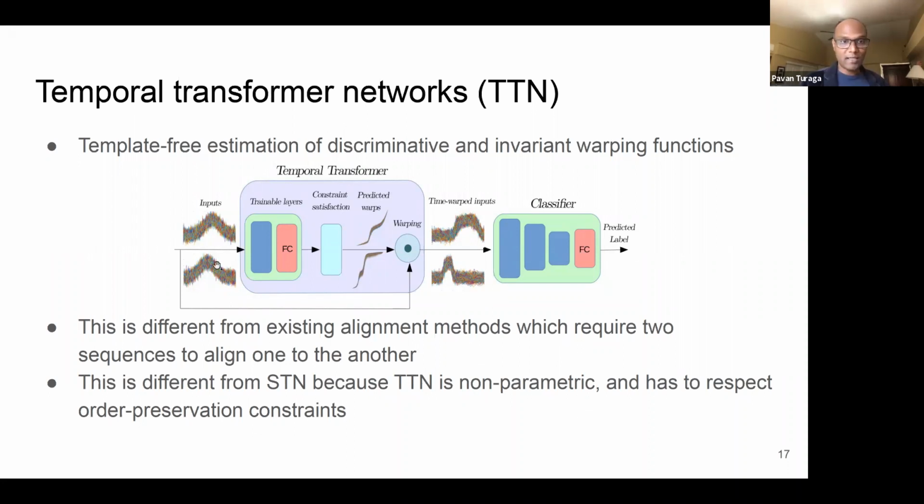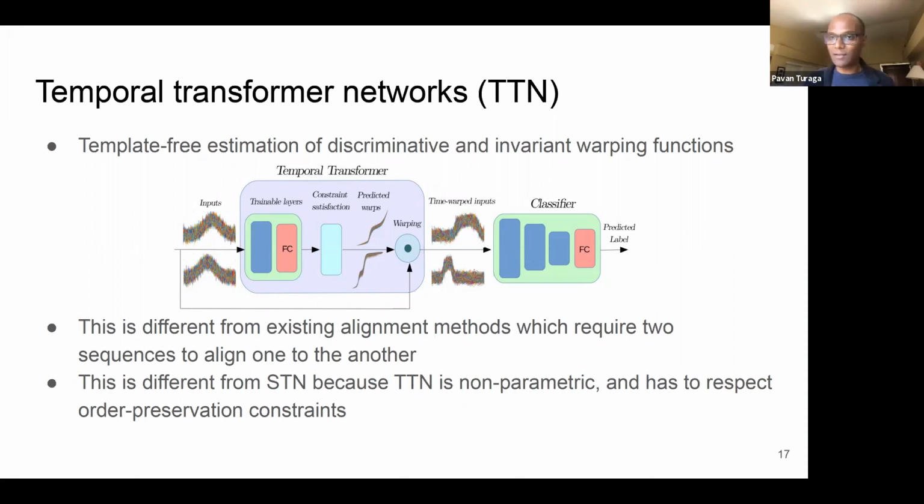And this is how it does. So in this picture, as you see, this is just two separate classes where the peaks are slightly shifted. And then there's a lot of noise, and then there's lots of warps which have been thrown in. And our eventual network, whenever it converges, it learns to apply a different warp for each class. And here is how it looks. So whenever it sees an input from class one, it learns to rewarp it and transform it into some other form. Whenever it sees an input from the other class, it learns to rewarp it and make it look like this. So the peaks are now well separated, and it's learned a discriminative warp.